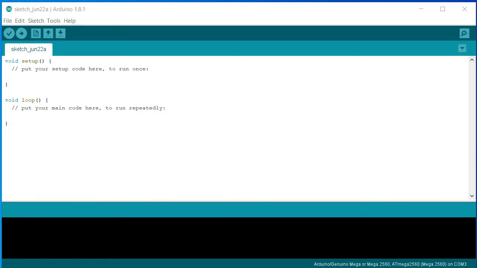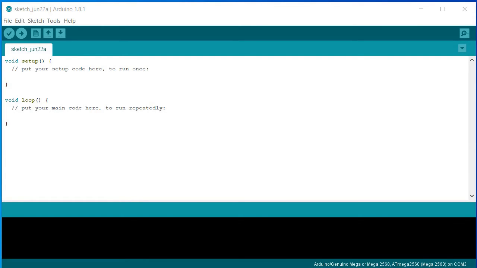The code that we are writing here is human readable. It means that the code makes sense for you to understand the concept of it. But the Arduino or the development board which you are using will understand only machine language. So the IDE is doing an important part, converting the human understandable language into the machine language, and that machine language we are going to dump into the microcontroller. So this is what the IDE is doing.